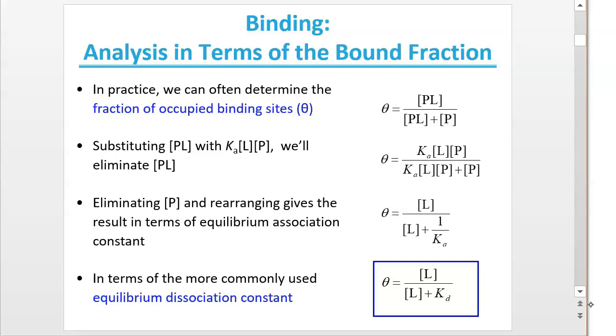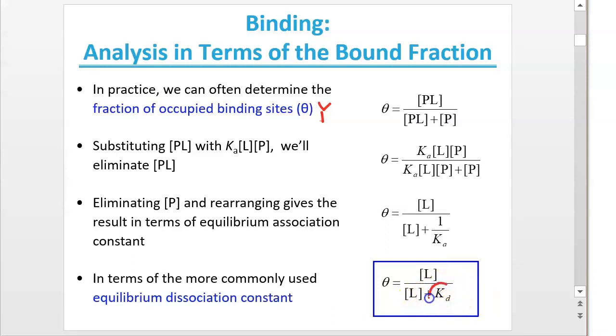There is a letter, either theta, as you see here, or sometimes capital Y, which is used to indicate the fraction of occupied binding sites. Here's an equation for that. It's the occupied sites divided by the total of the sites, theta or Y. I'm not going to go through the mathematics here, but if you look at some of those equations on this and the previous slide, you can also see a representation of the fraction of sites in terms of the concentration of the ligand and the dissociation constant. The concentration of the ligand divided by the concentration of the ligand plus the dissociation constant.